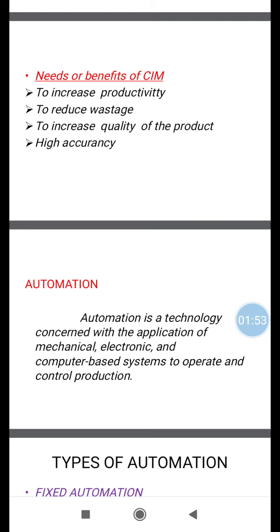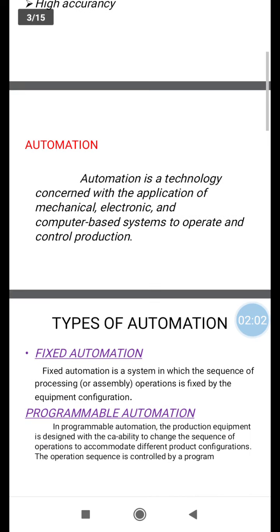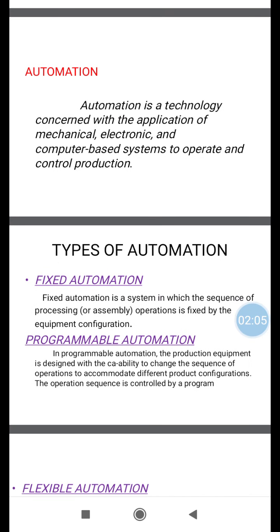You already know automation technology is implemented in upgraded production processes. In automation, you have different categories. The first one is fixed automation. What does fixed automation mean? Here the parts or assembly operations are fixed at one equipment, meaning at one table we operate a number of sequences of operations. Fixed automation is the system in which the sequence of processing or assembly operations is fixed by the equipment configuration. With respect to the equipment configuration or number of parts, the process is fixed at one category. That is the fixed automation condition.